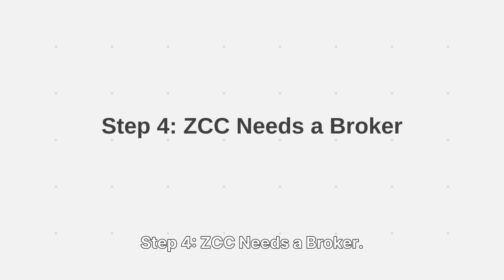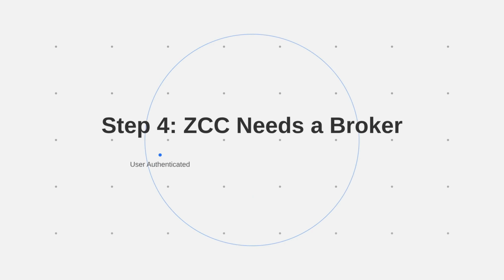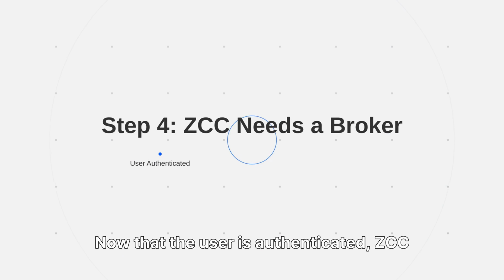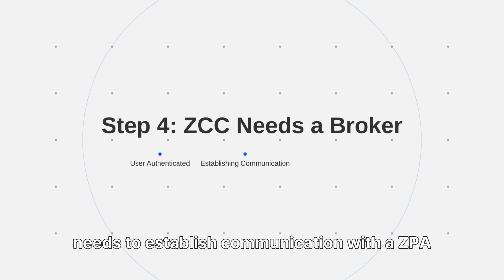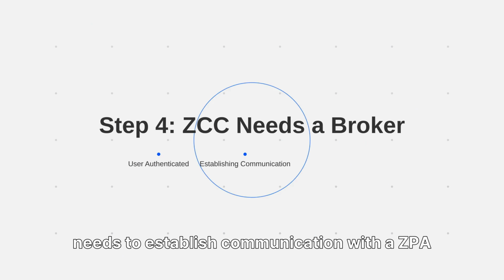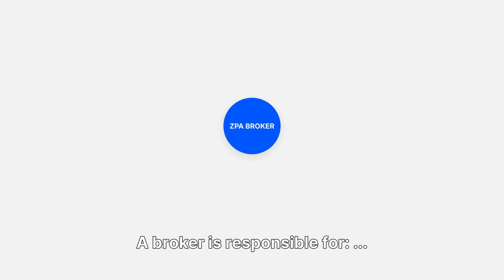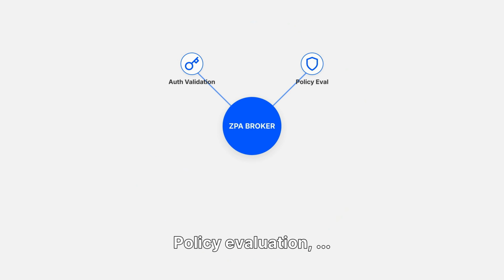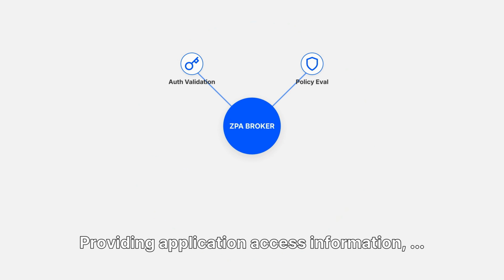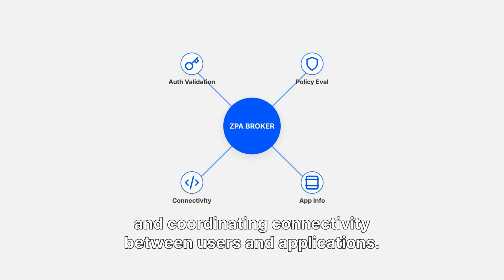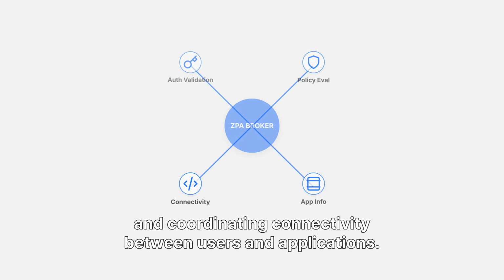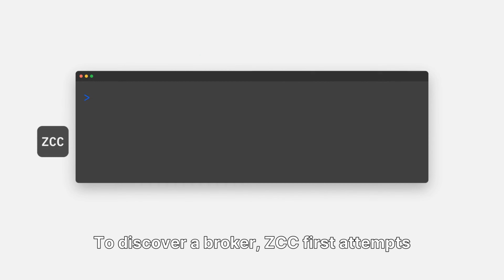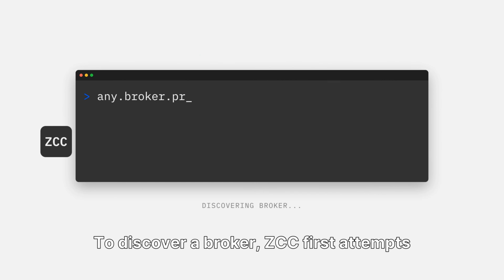Step 4. ZCC needs a broker. Now that the user is authenticated, ZCC needs to establish communication with a ZPA broker. A broker is responsible for user authentication validation, policy evaluation, providing application access information, and coordinating connectivity between users and applications. To discover a broker, ZCC first attempts to connect to